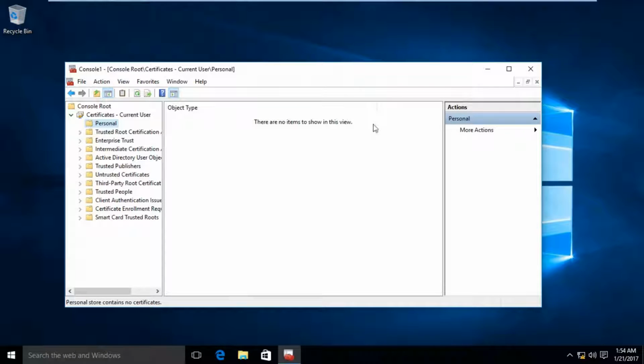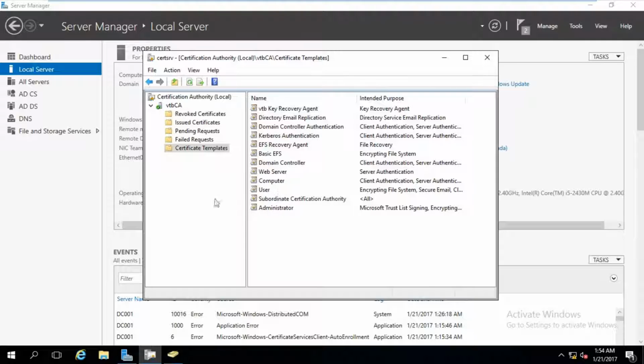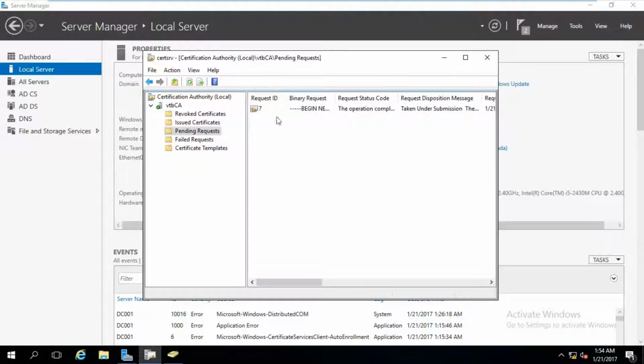We need to go over to the certificate authority to approve this certificate he has requested. Okay, right here on the certificate authority, all we need to do is go to pending requests. You realize that we have a request right there. When we enlarge it, you realize that it says here